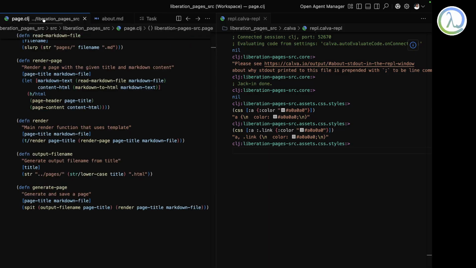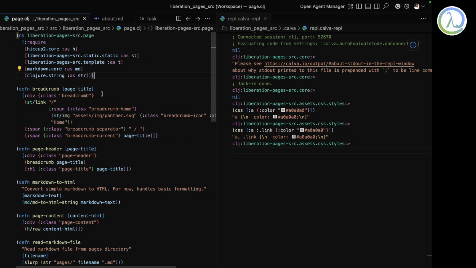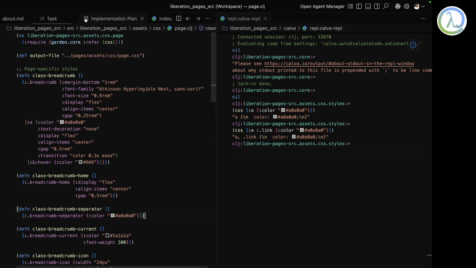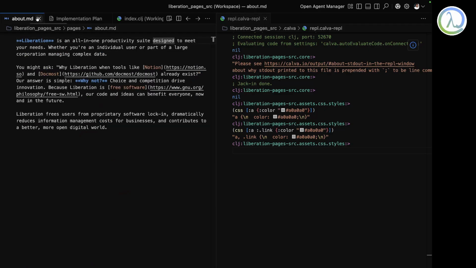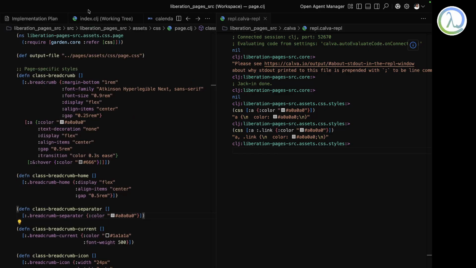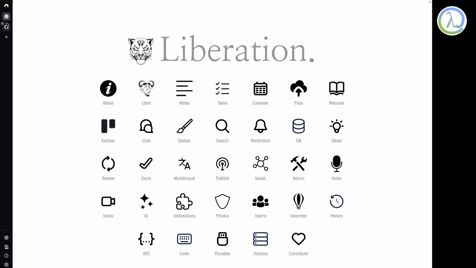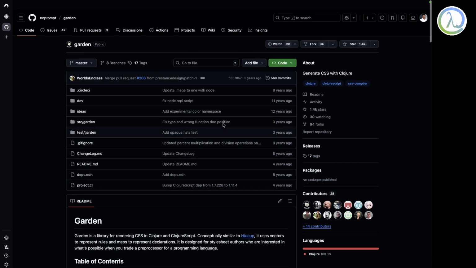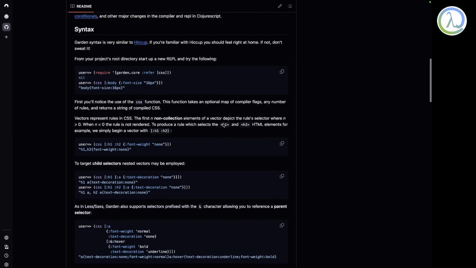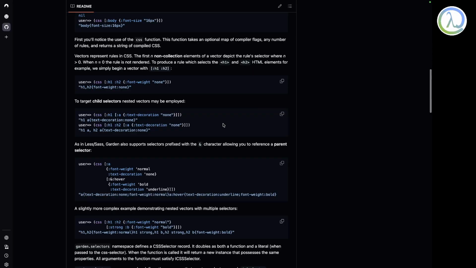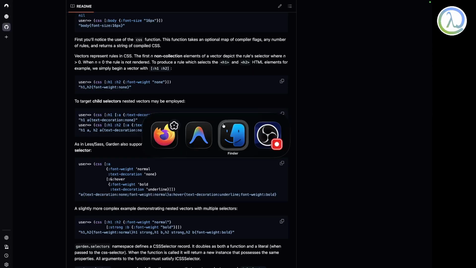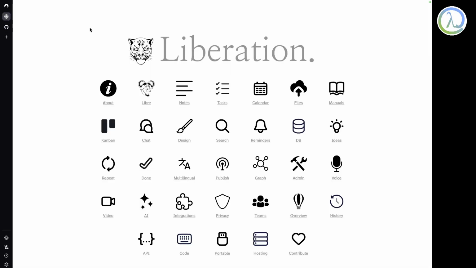Another thing I want to talk about is the style sheet generation using a library called Garden. I just wanted more and more stuff inside my Clojure project, and in this page, the images and all are there only in the output folder.